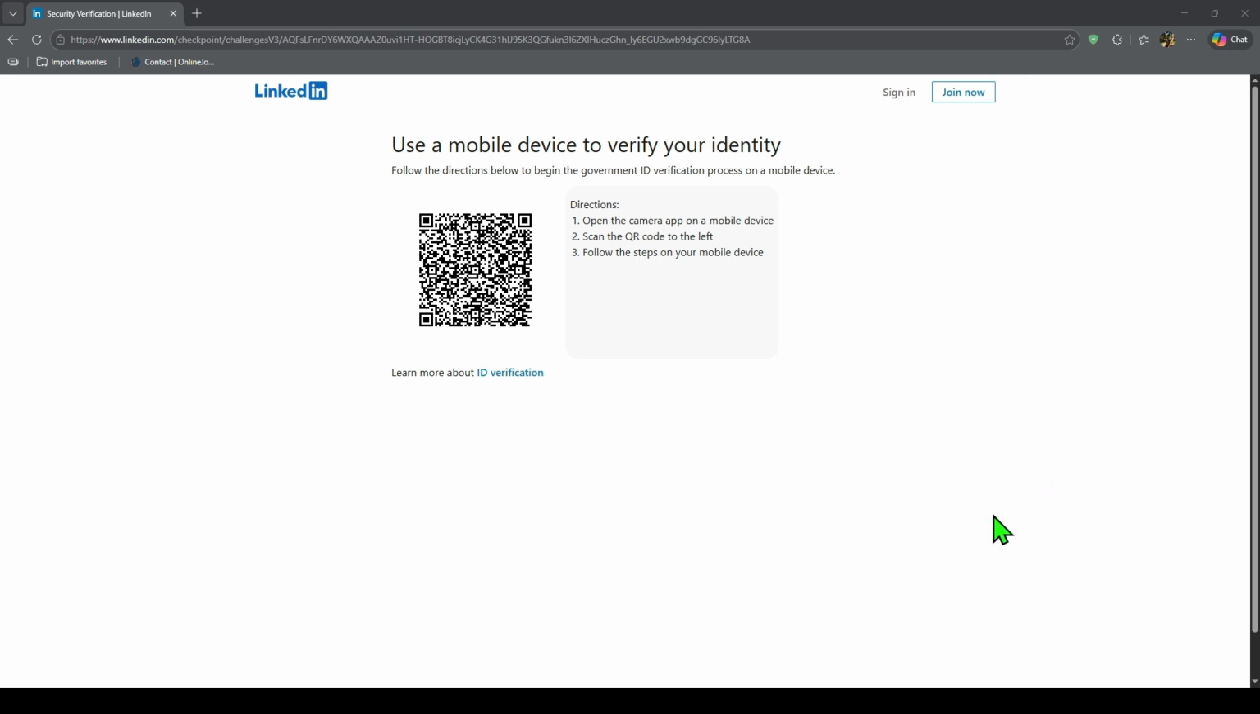So the simplest way to recover a temporarily restricted LinkedIn account is this: sign in, follow the restriction message, complete identity verification if asked, wait out the 48-hour period if it is a policy restriction, remove any automation tools if they caused the problem, and submit an appeal if you believe the restriction was a